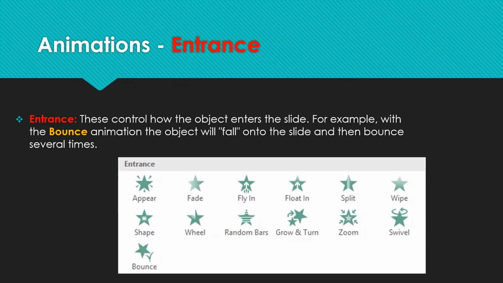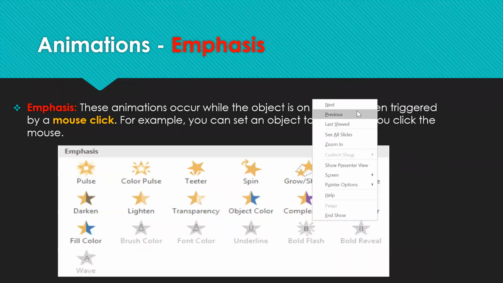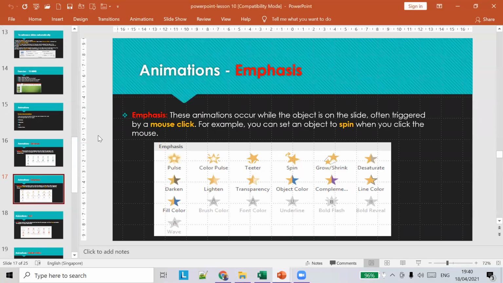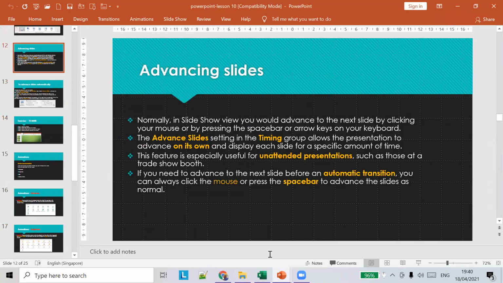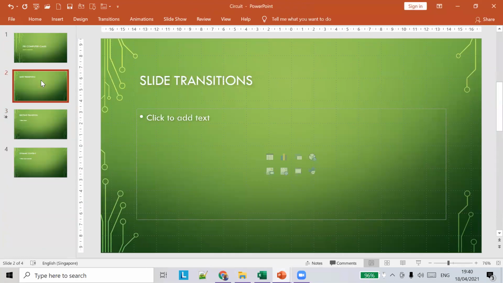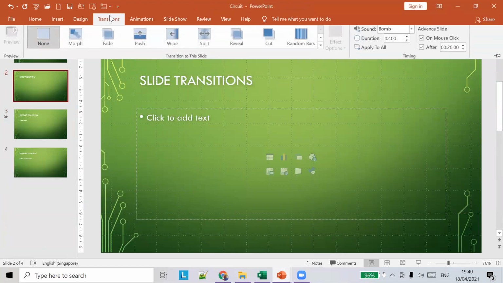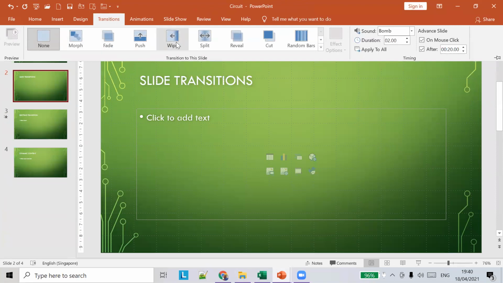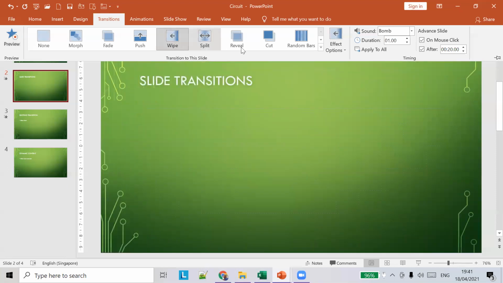Oh, you want to learn about transitions? Okay, I will explain once again, and you can try at home. You select a slide, go to the Transitions tab, and choose anything, like Wipe or Push. You can see the preview.